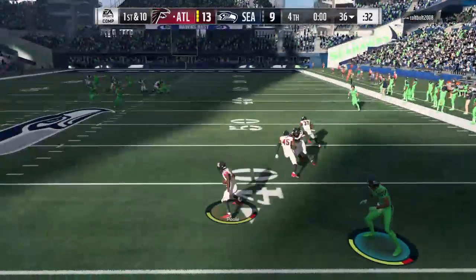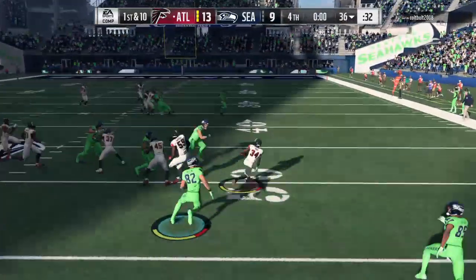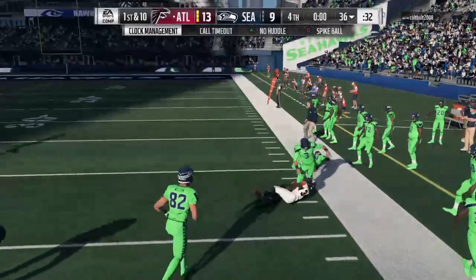And, oh, a crusher there as it's intercepted. Picked off by Brian Poole. And that is going to seal